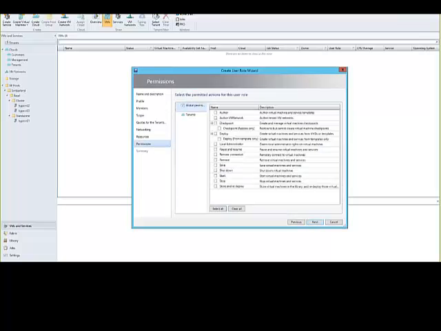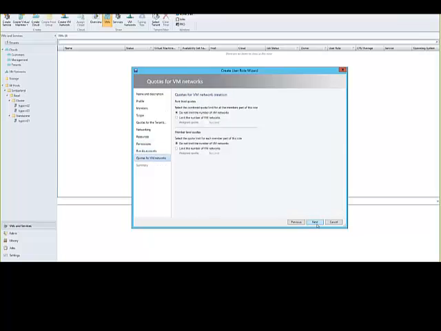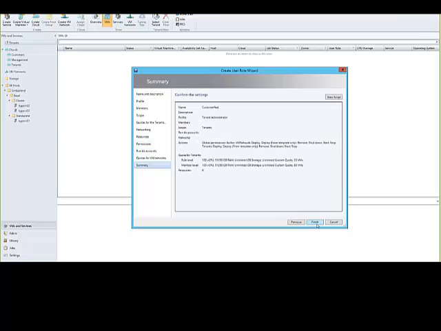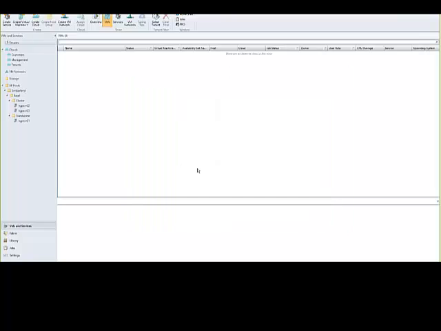Here I can give them different actions which they are allowed to do. For example, they can start, stop, or shut down a VM. They can also delete VMs because they're their own VMs. I can give them access to create virtual networks. I can also say, yeah, you can deploy new virtual machines and things like that. So you can really do a pretty good setting here. And then also do some quotas and things like that. And then I've created a new customer, basically, which now can use these cloud resources.